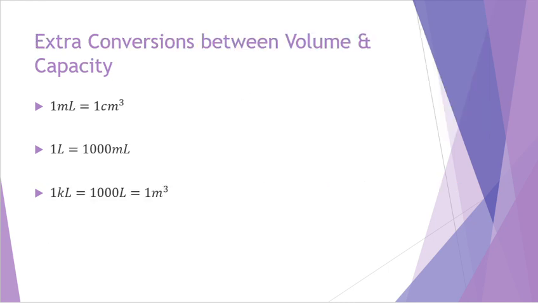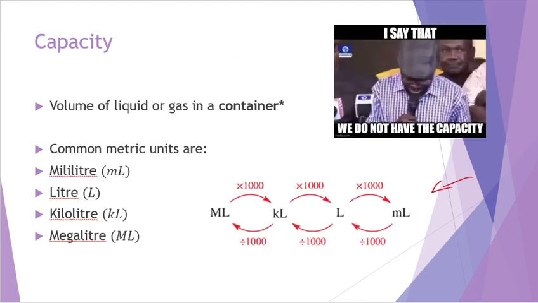Now these are the special ones, okay? These are the special conversions that you will need to know. So the first one here, probably one of the most important ones. To convert between capacity and just regular volume, just know that 1 centimeter cubed is the equivalent of 1 milliliter. Now you should know that 1000 milliliters is the equivalent of 1 liter instead, and that is based